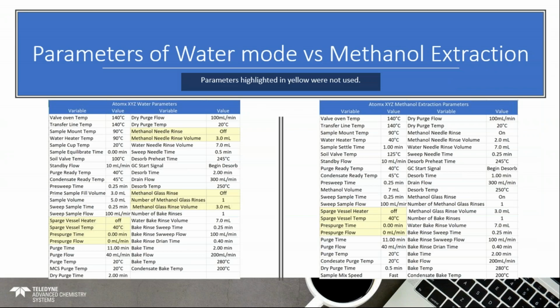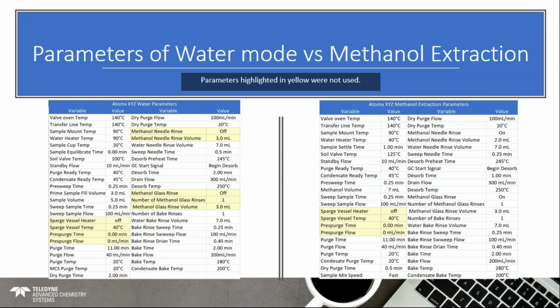Here you can see the parameters of the water mode versus methanol extraction mode. Please note that the parameters highlighted in yellow were not used during this demonstration. You will likely notice a couple differences in the parameters when comparing the two. For example, unlike the water mode, the sample volume option is missing for the methanol extraction mode. This is because the methanol extraction sample is fixed